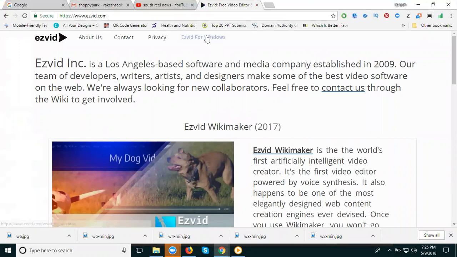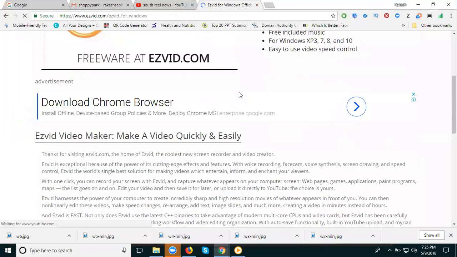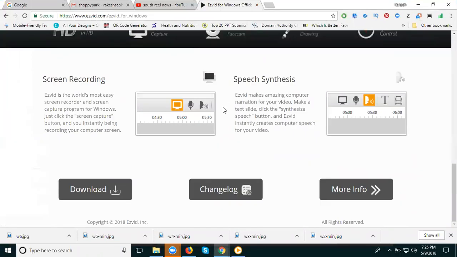So here, what is that? EasyEdit for Windows. Click for Windows. Just come down here. What is called? Download. Previous EasyEdit was supported on Mac and Windows, but right now the Mac version will be disabled. Windows will be supported by EasyEdit. Mac will be a separate version. Now clear? So go to easyedit.com.